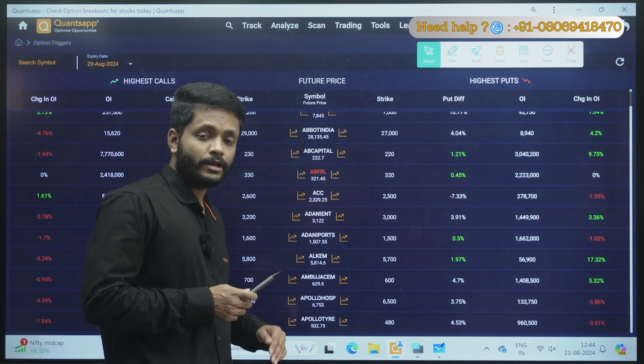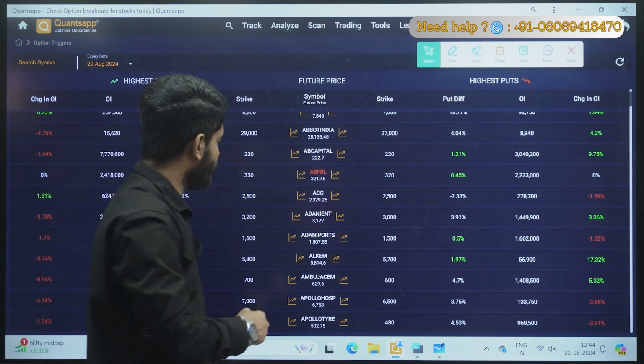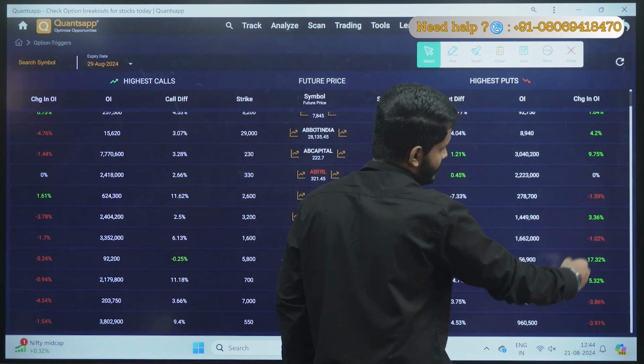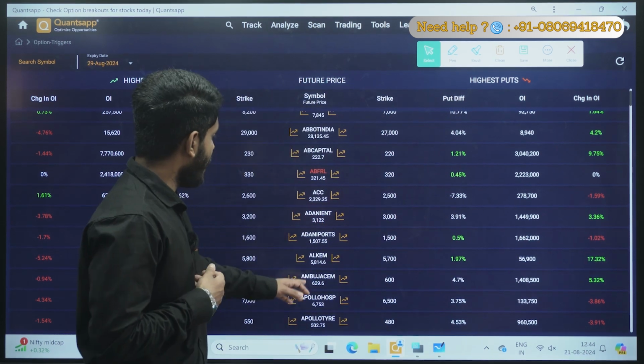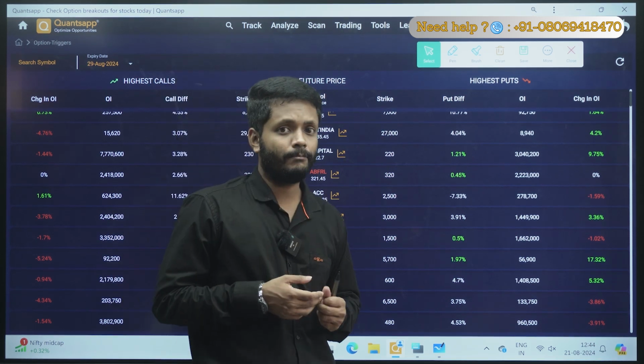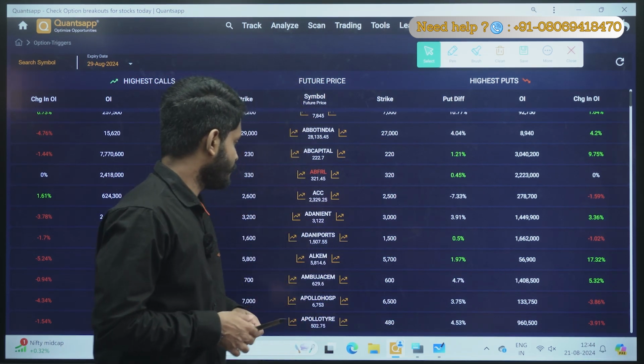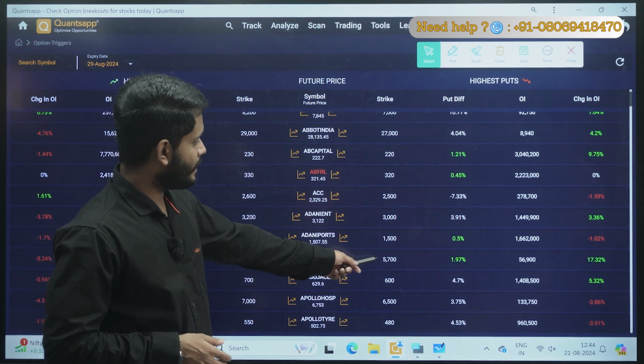Now what I want for reversal, put writers should not be unwinding, there should be addition. Now here in Adani Ports if I see, there is an unwinding started, that is at Adani Port, there is a possibility that 1500 level might not sustain. There is a possibility. Now, if you see for Alchem, okay, so at 5700 level, if I see there is